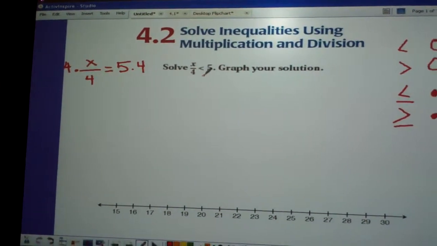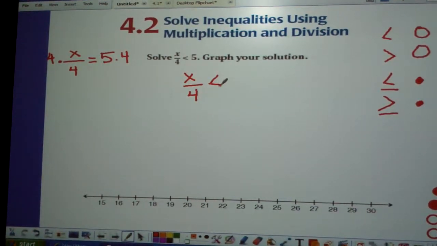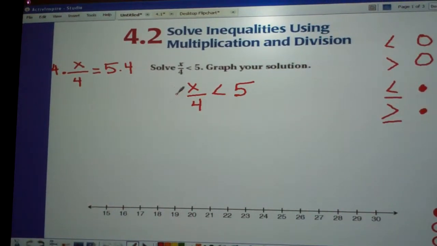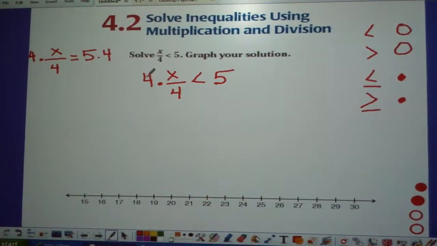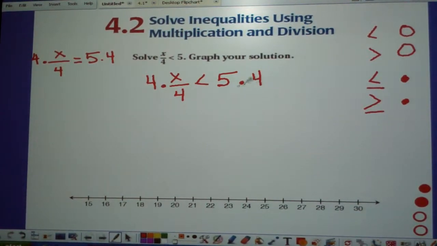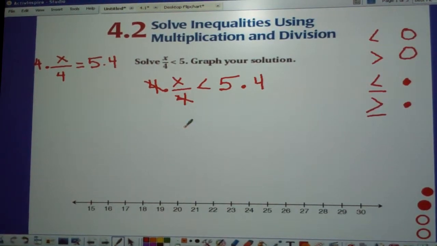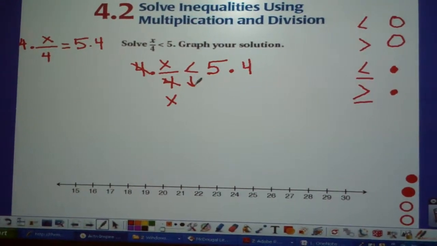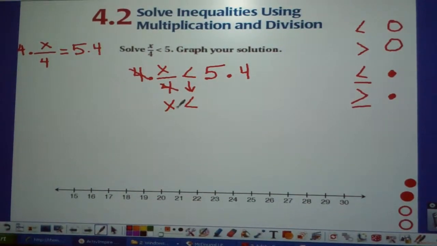So we are going to multiply by 4 on both sides. We're going to do the exact same thing here, so I'm going to rewrite it. x over 4 is less than 5. Same thing, we want to get x by itself, so we're going to multiply by 4, and what we do to one side, we have to do to the other side. These two 4s are going to cancel out. We bring our x down, keep our sign,